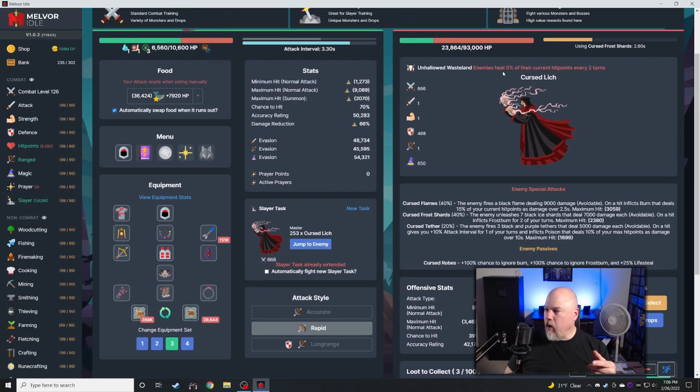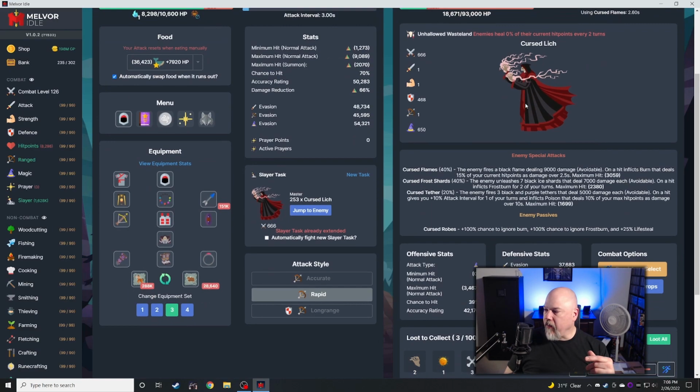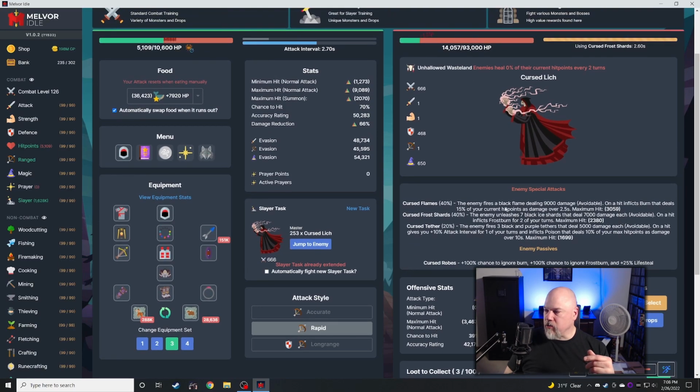What I didn't catch, now I do have this down to 0% heal every 2 turns or whatever. I'll show you how I get that. But they do have 25% lifesteal, which I didn't quite catch. I was reading through this trying to figure out why they kept healing. Every once in a while it heals up a little bit, and that's why. It's got a little lifesteal. So even if you get this number down...